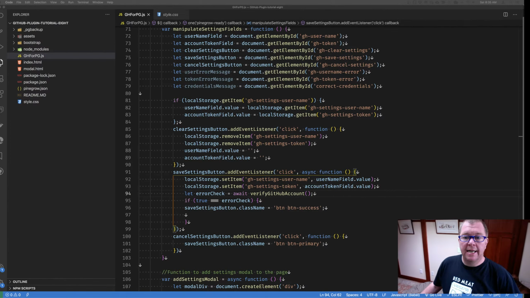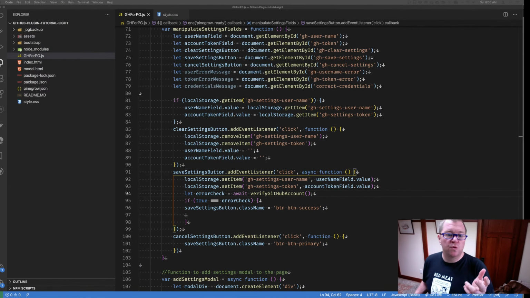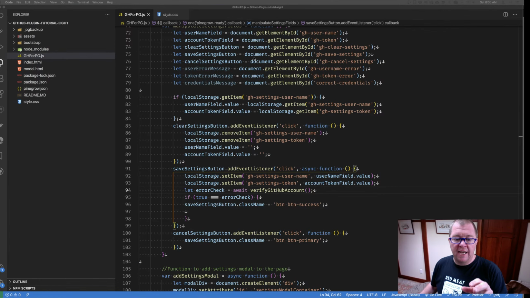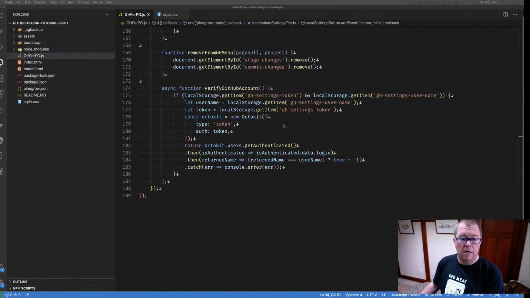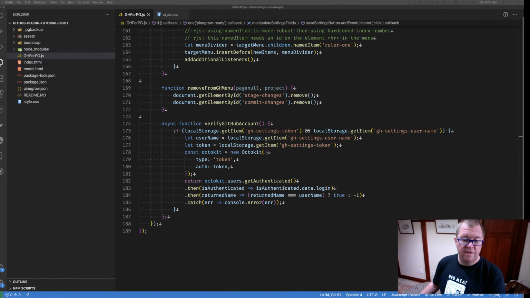We added on to the modal, we added on a message that the credentials are okay. And then we started to actually verify the token if the user hit the save settings button. And so now, just to remind you, with the save settings, we looked at the payload from get authenticated, pulled